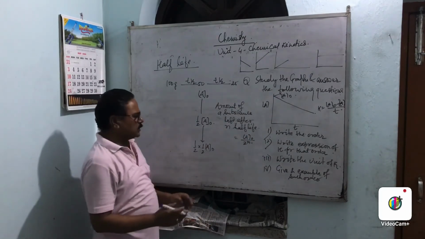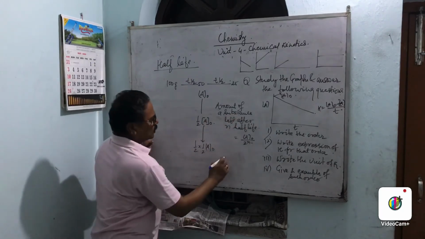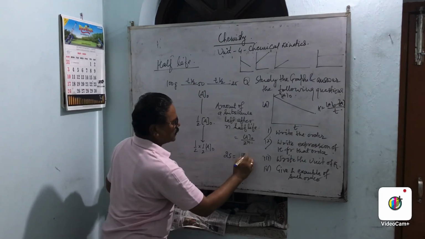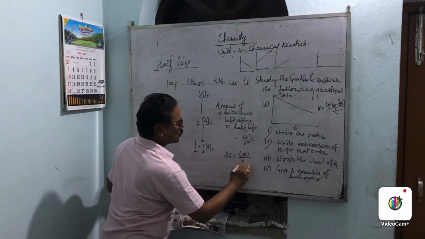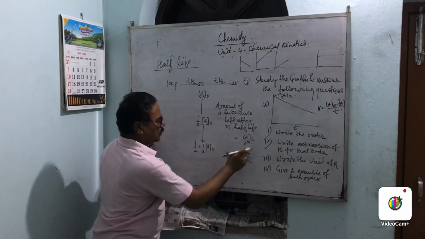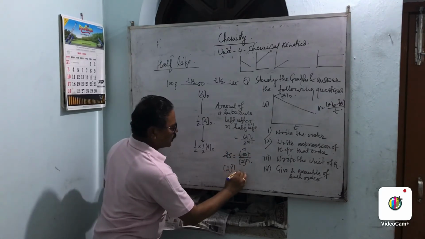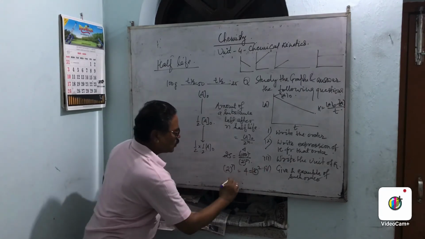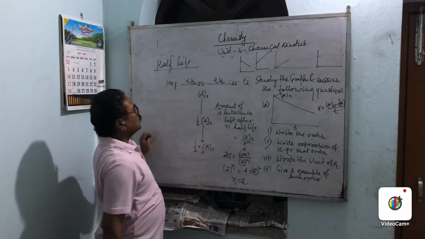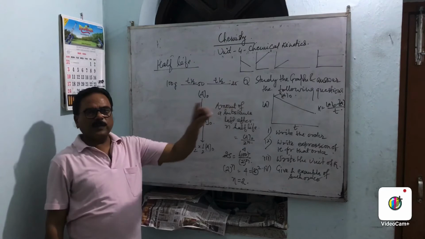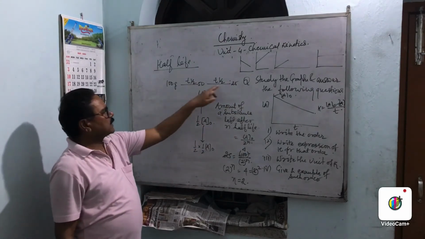And how will we reduce this formula? You see, the amount left here is 25. Now what is our initial amount? That is 100. Now here is 2 to the power n. So this is equal to 4. That is, 2 to the power n is equal to 4, that is equal to 2 to the power 2. So n is equal to 2. So when you go from 100 gram to 25 gram, how many half-lives will it take? It will take 2 half-lives.